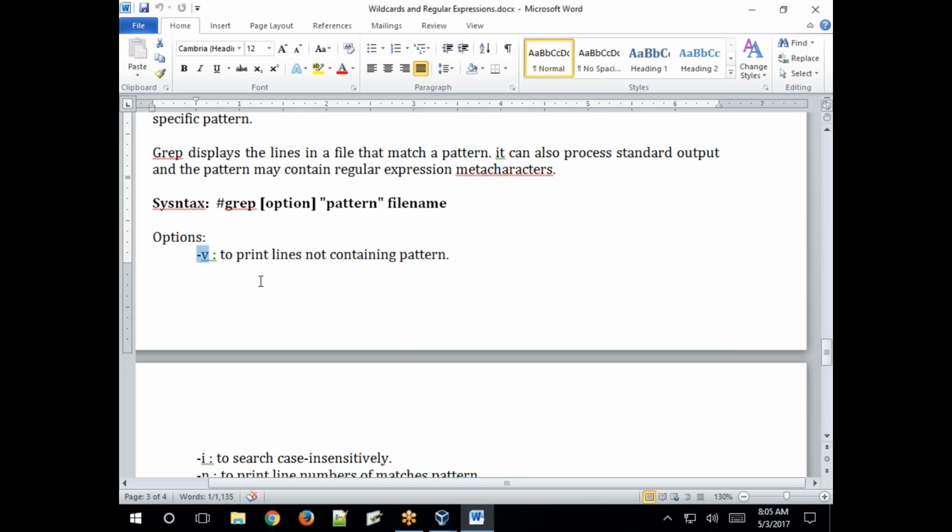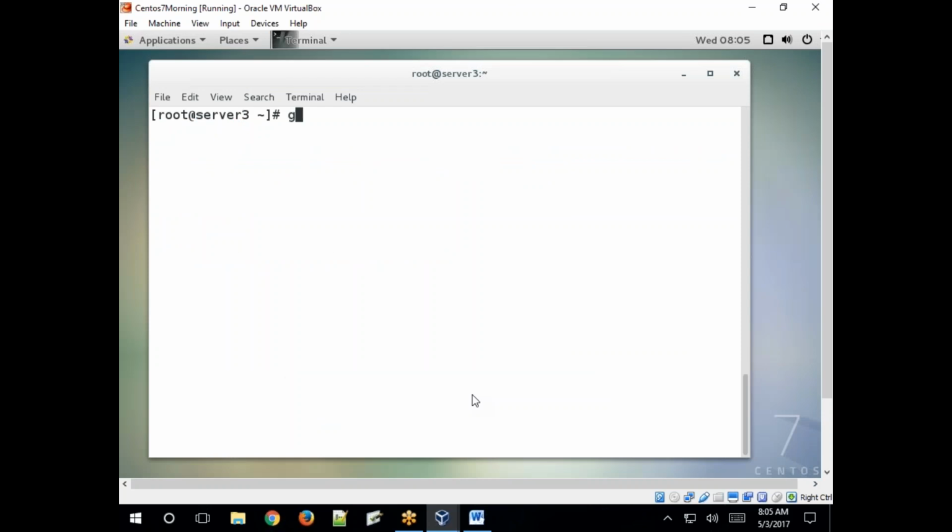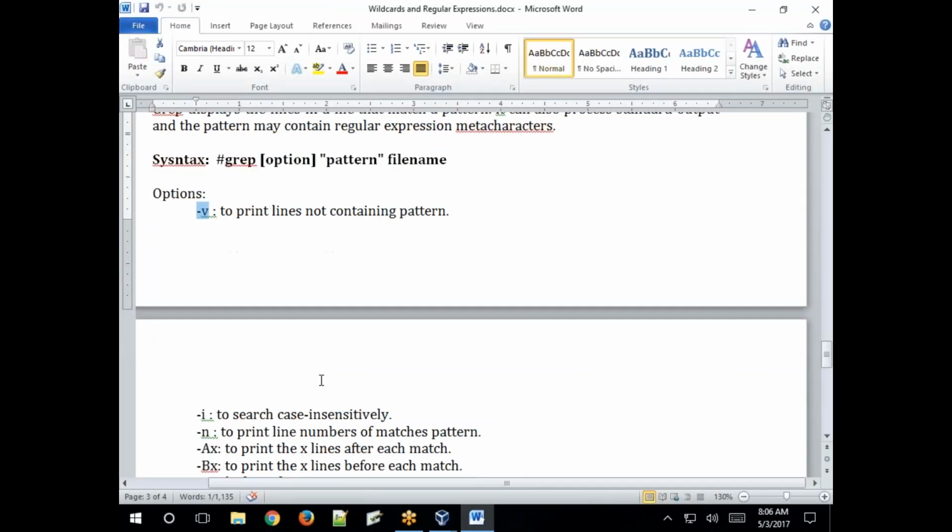If you specify the -v option along with the grep command, for example grep -v Linux file1, it prints everything except the matched lines. The remaining lines will be printed if you specify -v. Clear?